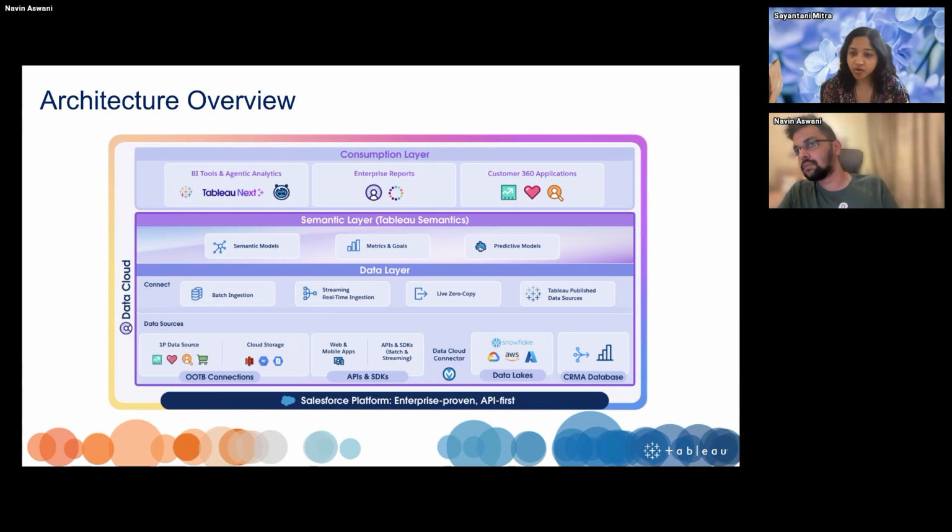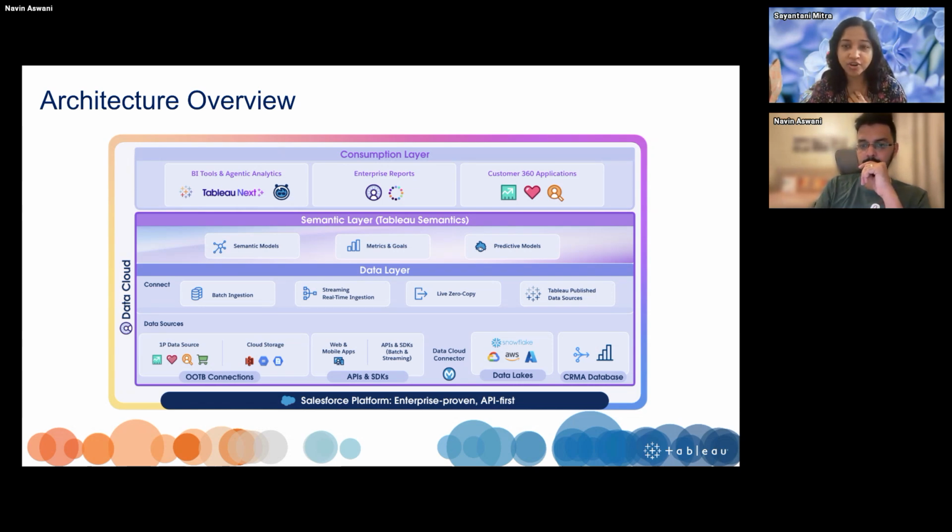I guess, how is this different from Snowflake? I have not used Snowflake, but from what I understand, Snowflake is your data warehouse. This is not a data warehouse. This is your analytics layer. You can do a lot of analytics there. It's not just hosting the data. It's joining all your random data sets that exist in Snowflake or AWS or Azure or Salesforce, bringing everything together and creating one giant data set that then you can use anywhere you want. Having said giant data set, I would caution you, please never create a giant data set joining everything together. That's not a great solution.